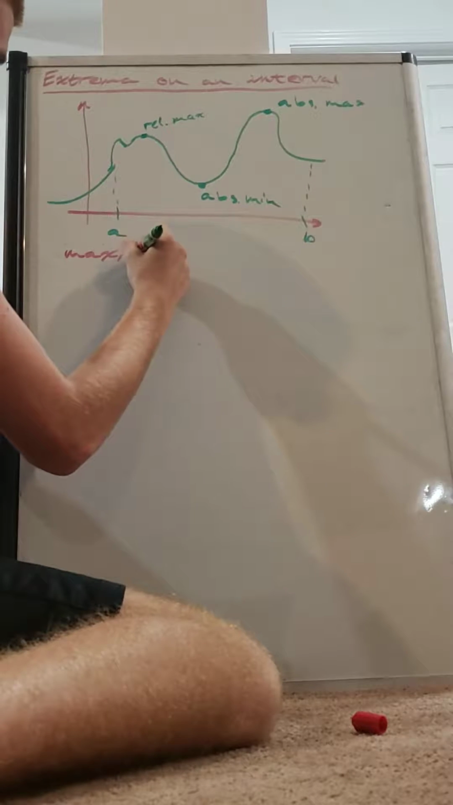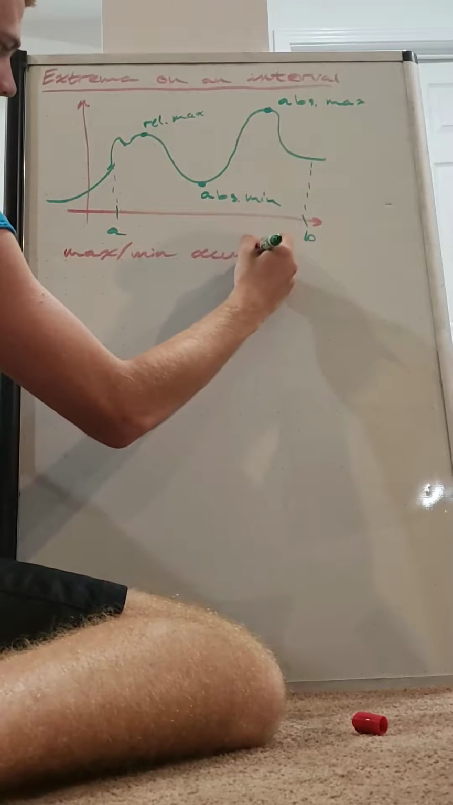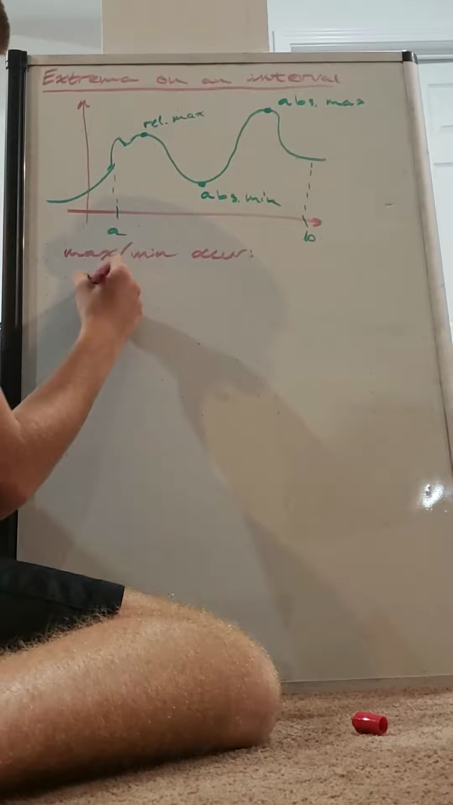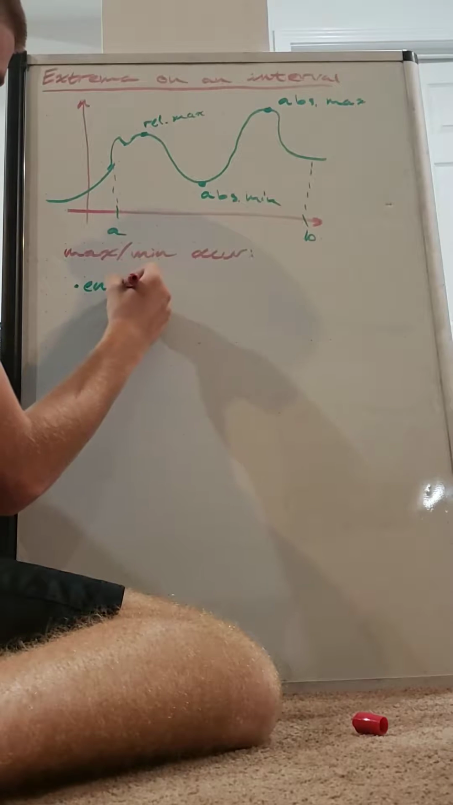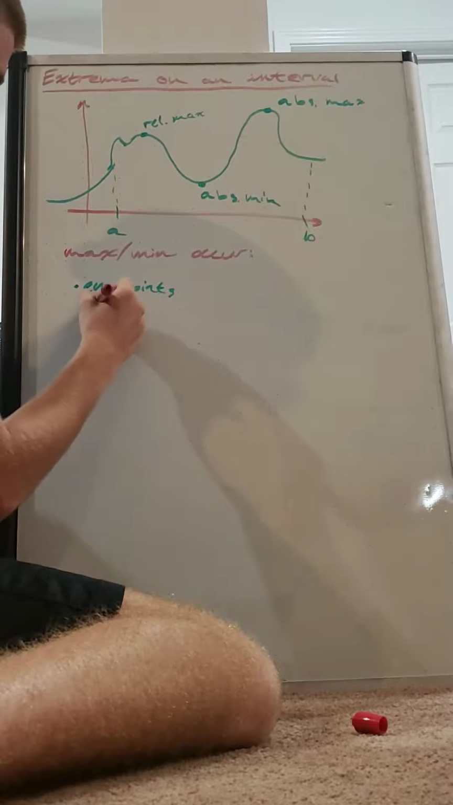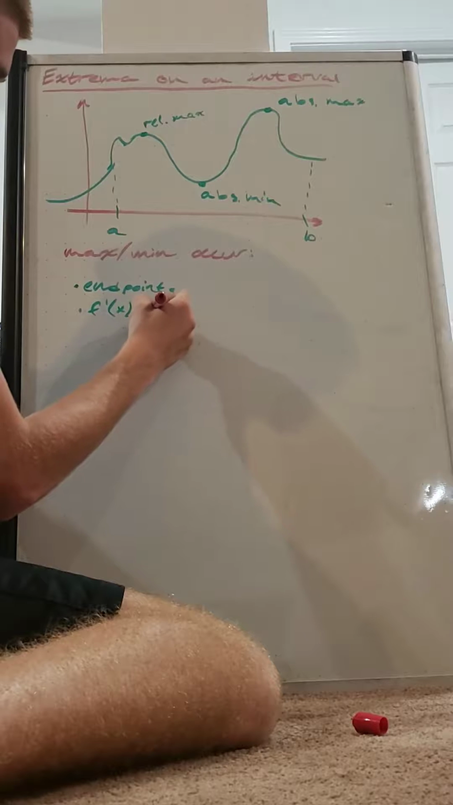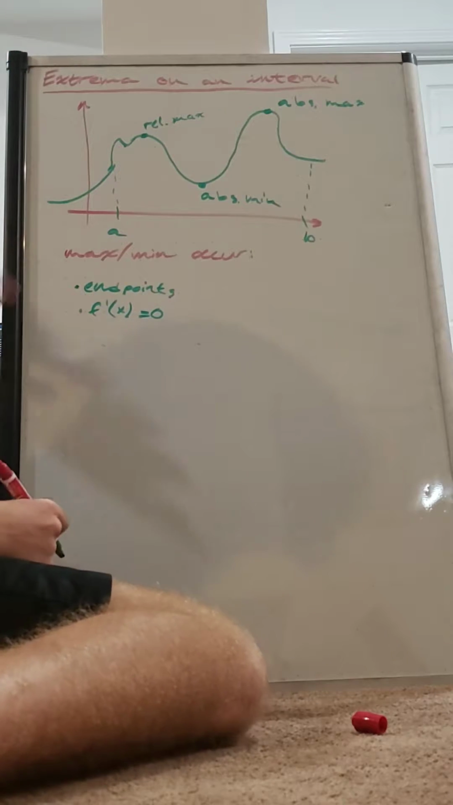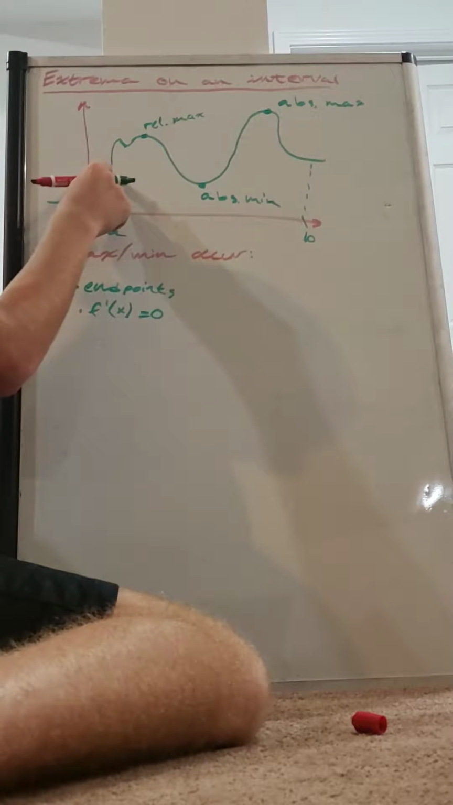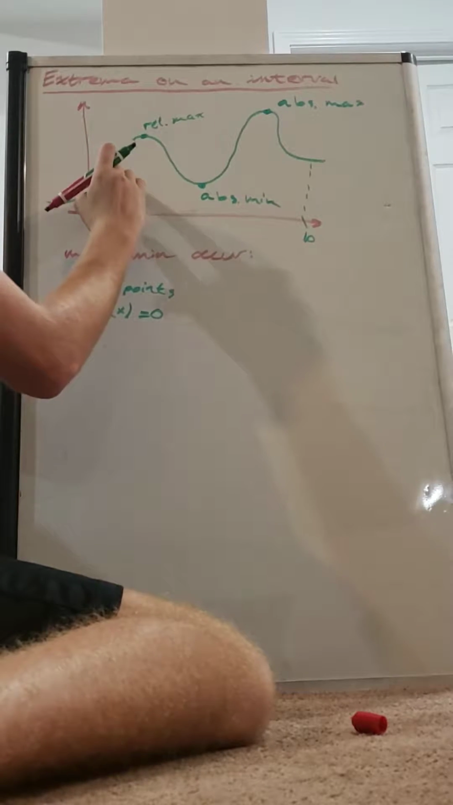So an important thing to notice is that maximums and minimums occur only, okay, so I'll write this. Max and min occur either at endpoints or when the derivative equals 0. So what does this mean? So endpoints, if the function went like this at A,